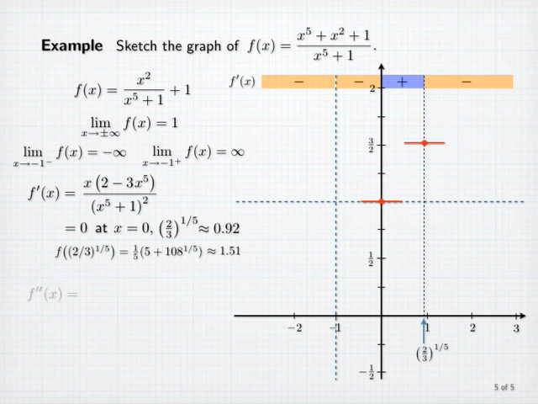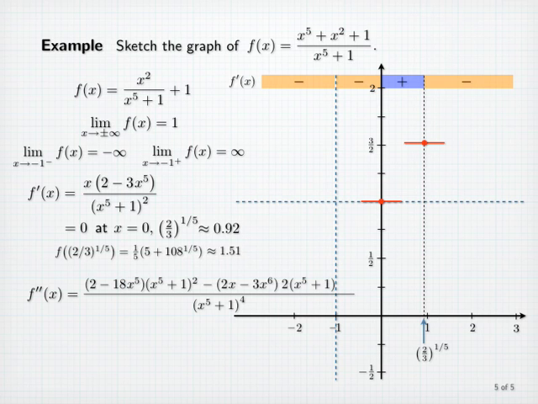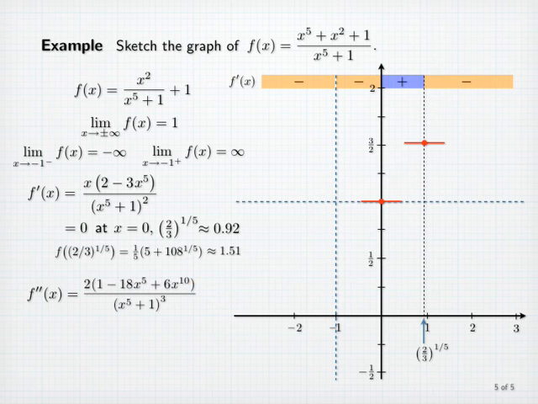Now let's compute the second derivative. Again, using the quotient rule, we have a denominator of x to the fifth plus 1 to the fourth power, and the numerator will be the derivative of 2x minus 3x to the sixth, which is 2 minus 18x to the fifth, times the denominator x to the fifth plus 1 squared, minus the numerator 2x minus 3x to the sixth, times the derivative of the denominator, which by the chain rule is 2 times x to the fifth plus 1 times 5x to the fourth. Now to simplify, we'll first cancel factors, then expand the products in the numerator, which leaves us with